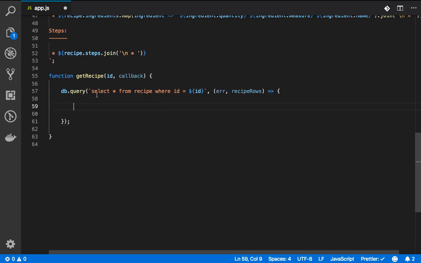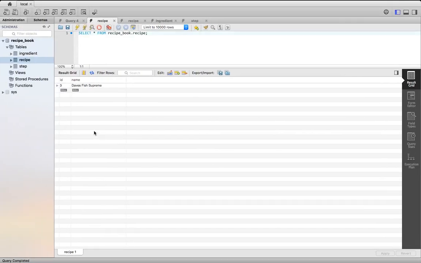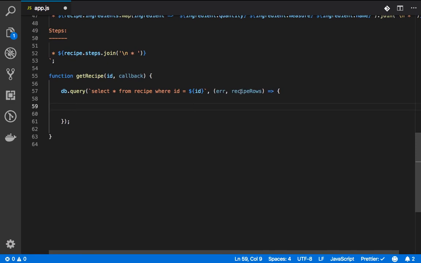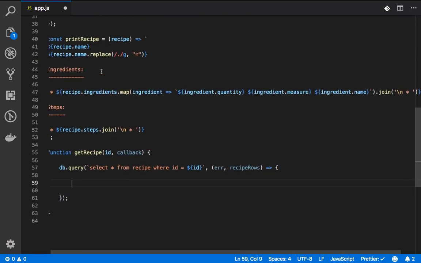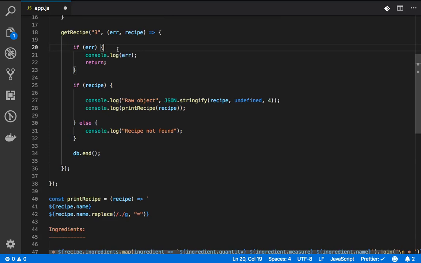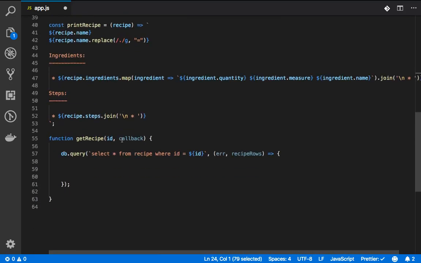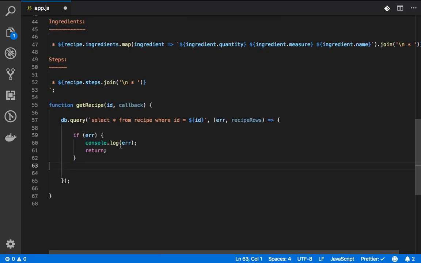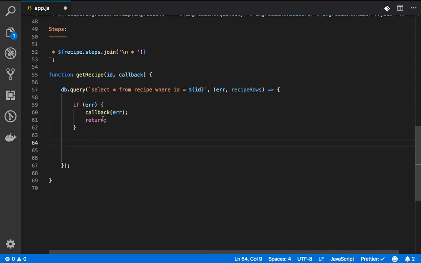Right, so this statement here is basically doing exactly what this statement here has done. It reads this, it returns this table to us here in recipe rows. I need to check for errors, as always, in the JavaScript program. Okay, and assuming I get a recipe back,